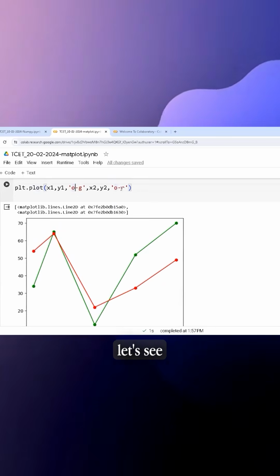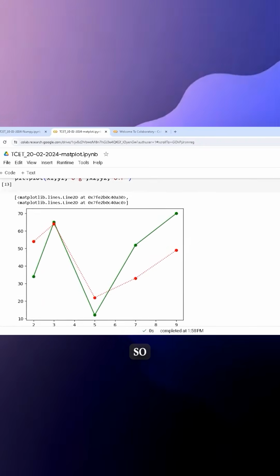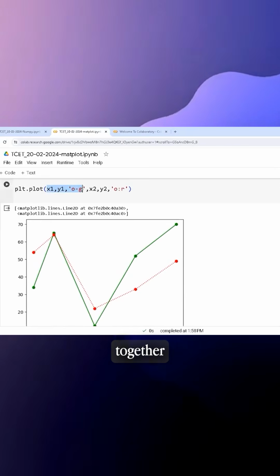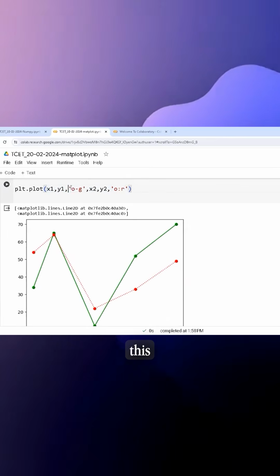You can change it also. Let's say I want to make the red line a dotted line, so I will put a colon. Okay, so if I put a colon, it will take it as a dotted line. So when I run the code once again, you can see it has become a dotted line. Okay, so you have multiple options. So see, this will be together and this will be together. Okay, so as you can see, this will be together and it will plot x1, y1 with these particular settings of the lines and marker.